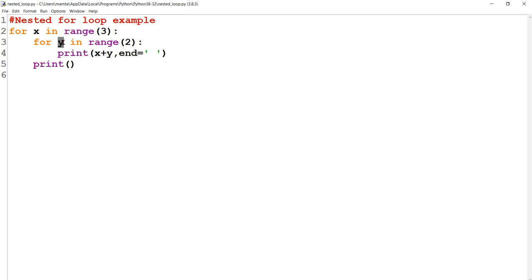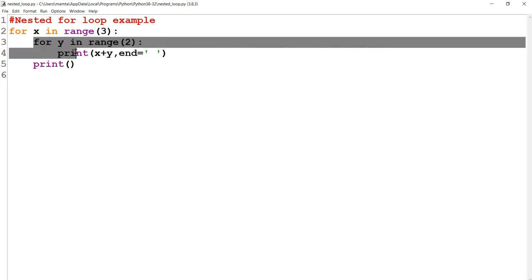So this statement will be repeating along with the inner loop. The outer loop, the main loop, is having how many statements? Whole for loop will be considered as one statement. So this is one statement, line number 3 and 4.